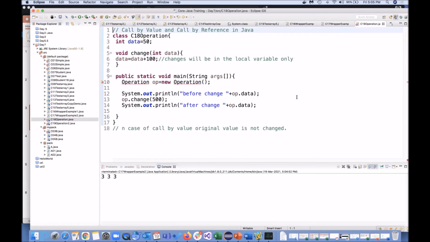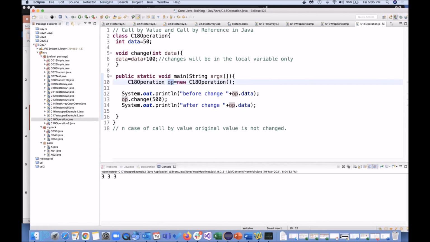Then we are having one last program. Call by value. Okay, in the theory we have seen call by value. So I'm having a class with an operation. What will be the output? I just created one object.